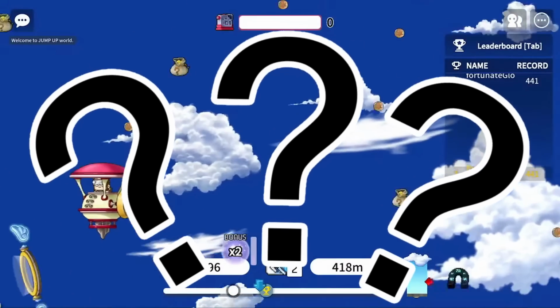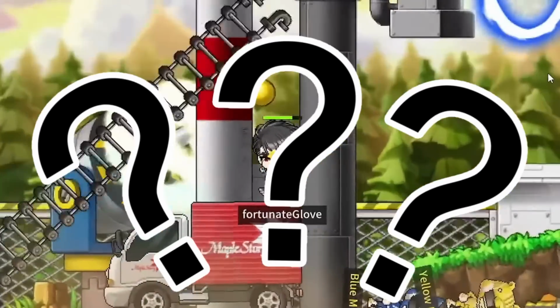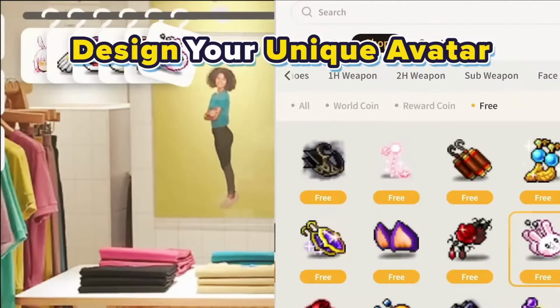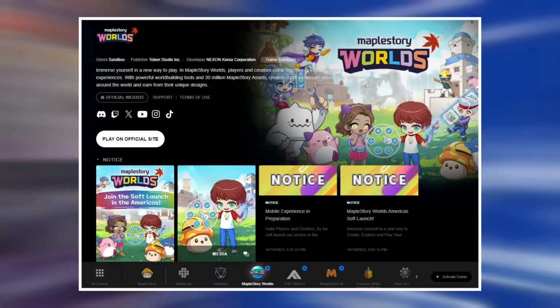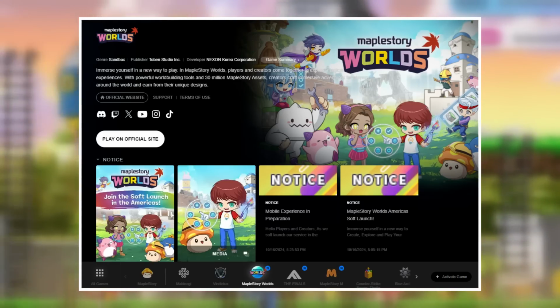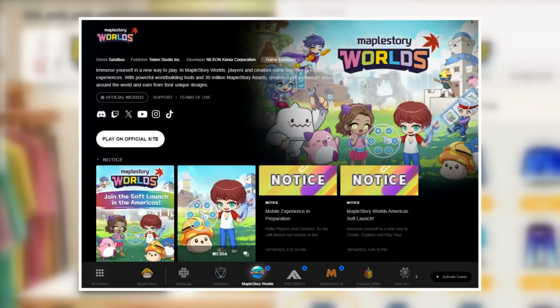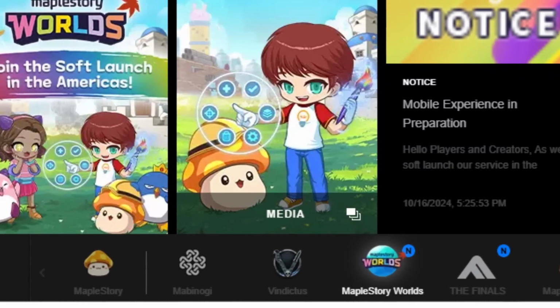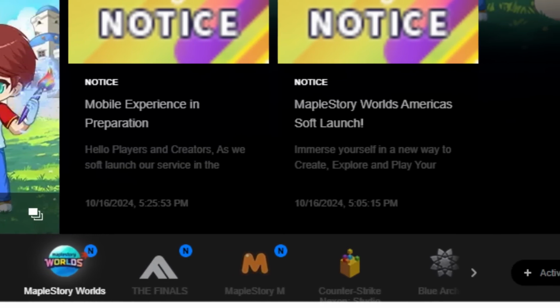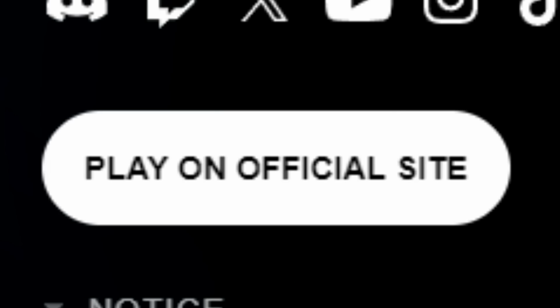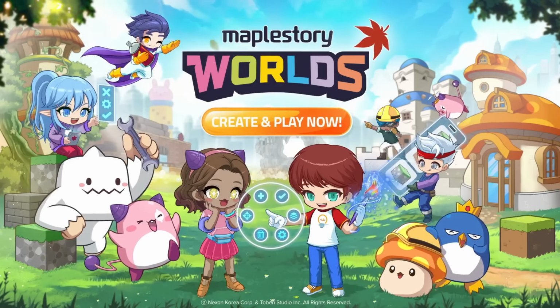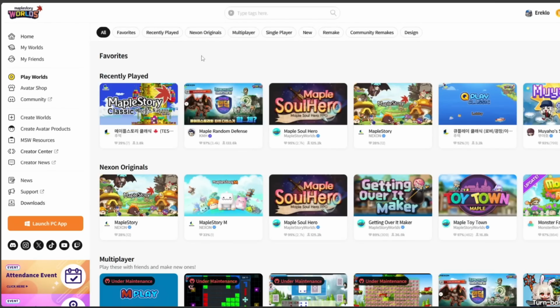Now, how do you actually access MapleStory Worlds? Well, first, you're going to want to make sure that you have the Nexon launcher installed on your computer. Once you have it installed, open that Nexon launcher, and it is going to give you a list of all of the Nexon games available. At the bottom, you can click on MapleStory Worlds, and then you can go to Play on Official Site. When you click on Play on Official Site, it is going to open up into a browser,